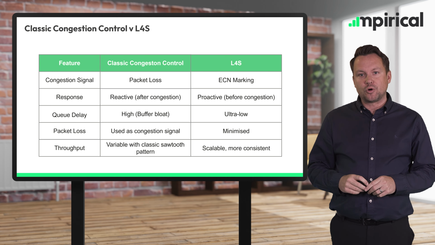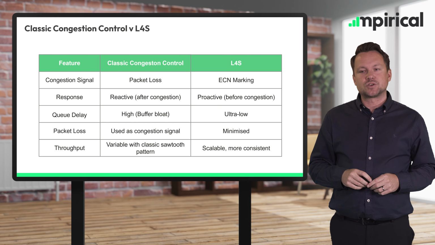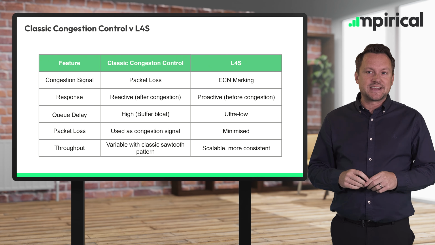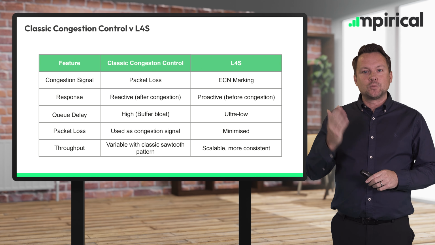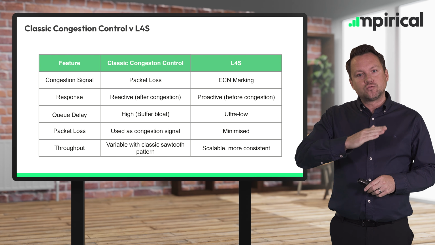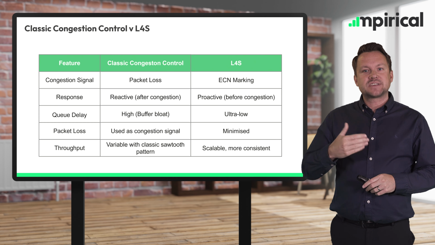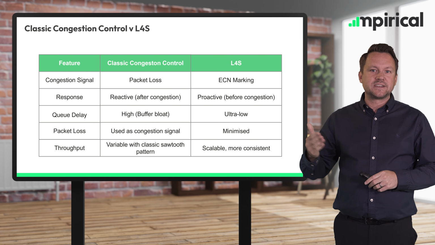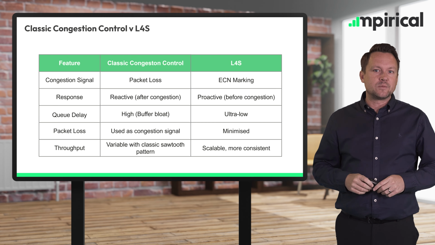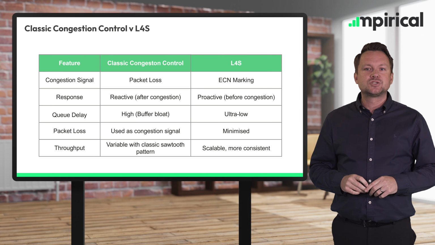And in terms of throughput, what we tend to see with classic congestion control is this very characteristic sawtooth pattern where the sender is transmitting data, it encounters packet loss, and it will cut its congestion window or its sending rate by 50%, and it will then rebuild slowly. So we have quite a dramatic drop in the sending rate, and the sender will then gradually ramp up its sending rate because we've detected there's congestion, so it doesn't make sense to be transmitting at the full rate. We need to back off a little bit, or in some cases to quite a large extent, to allow the